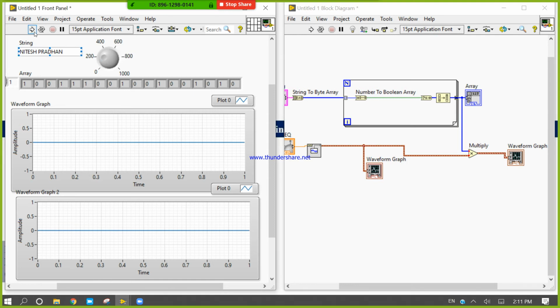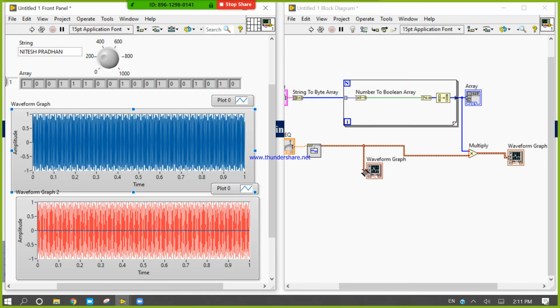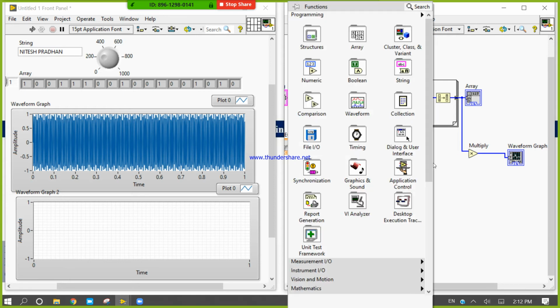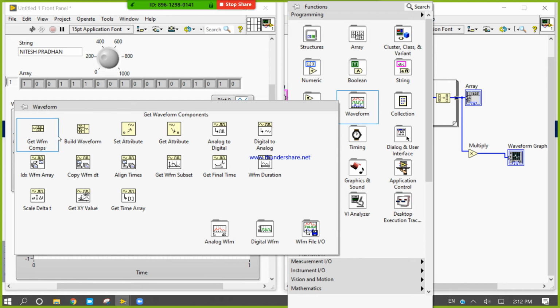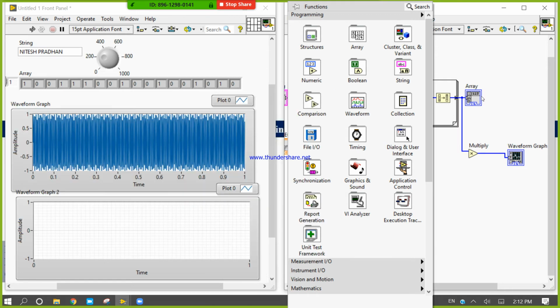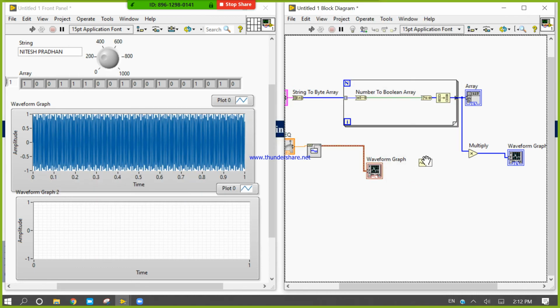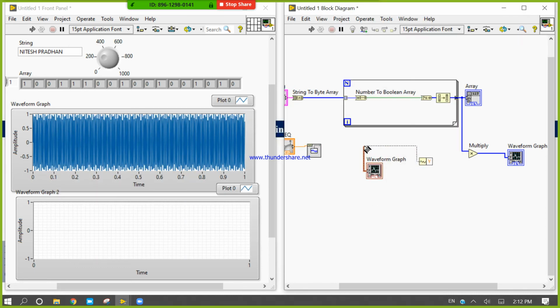Just increase the frequency. Both signals are the same, so it's not multiplied. Let's change something here. Control B, right click, take a waveform graph, right click here, take another waveform graph, and connect.